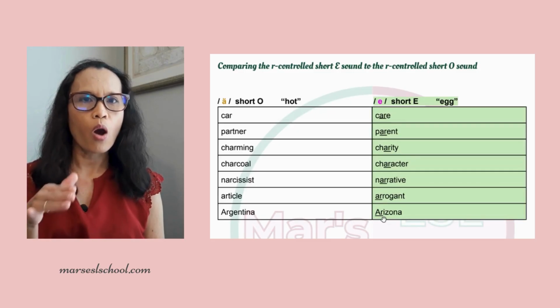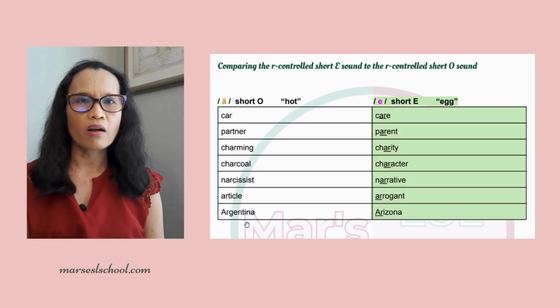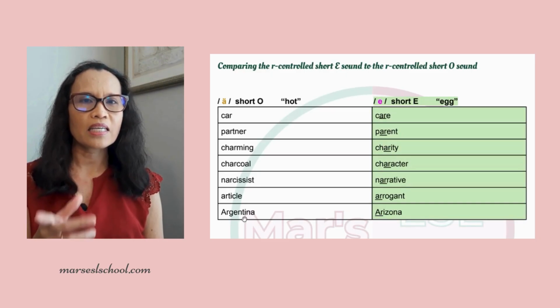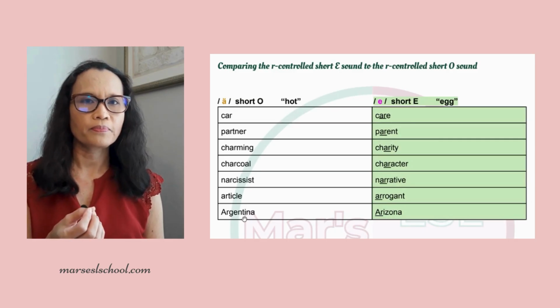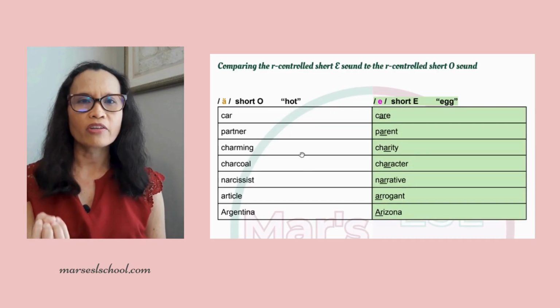Arizona. Zo is the stressed syllable. Now for the word Argentina, Argentina, AR is also unstressed because TI, T, that's your stressed syllable. Argentina, Arizona, Arizona. For the sake of comparing the two sounds and watching the mouth, the pattern and the shape of